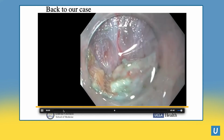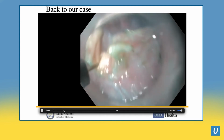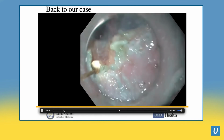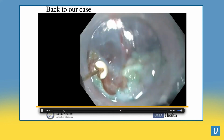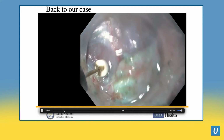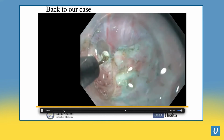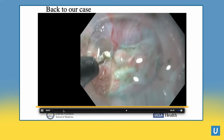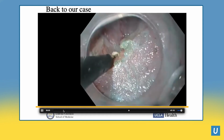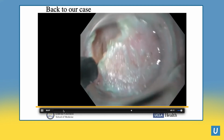And so we're just doing a little stepwise myotomy. We switched our knife to an insulated tip knife to avoid injuring the duodenal mucosa. We're just coming down in a stepwise way, dividing the pylorus pretty much until the serosa. See additional fibers being cut there, hooking onto them and dividing. It's a pretty thick muscle, as you can see, as you would expect,